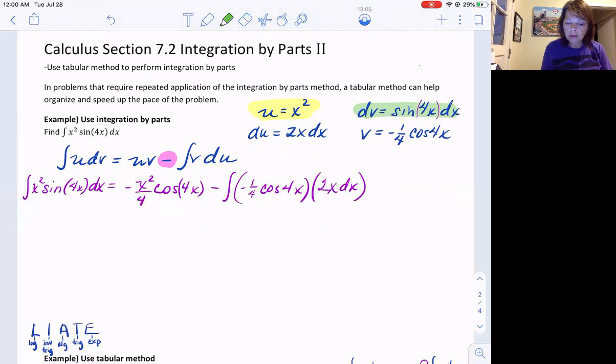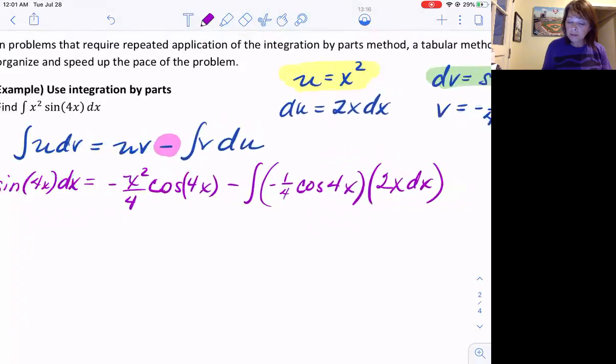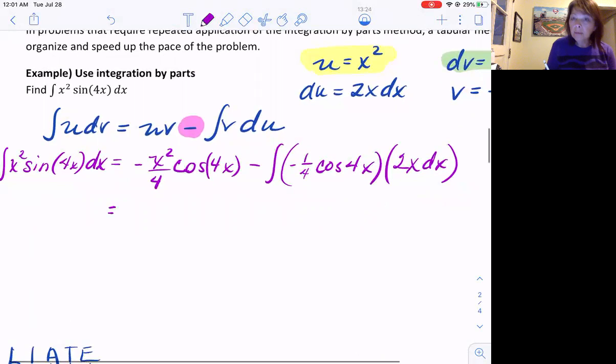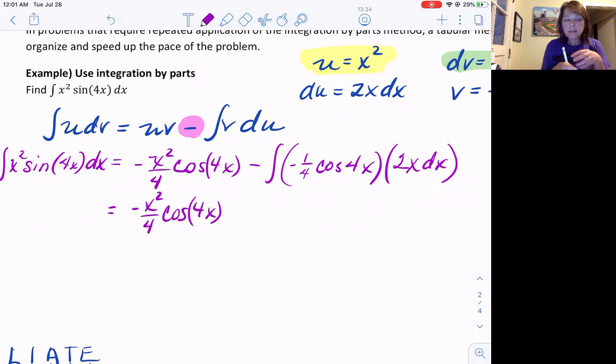So with this, you can see I pick the u, and then I have the du and the v from the dv, and set everything up in the first go around. Now what I would do as a student is simplify this. I'm going to stretch this out just a little bit. I want to make sure before I go on to the next step that I've simplified enough so it's clear to me what I have, because it is confusing sometimes with everything else floating around. So I'm going to simplify with the 2 and the 1/4, and then I get plus 1/2,